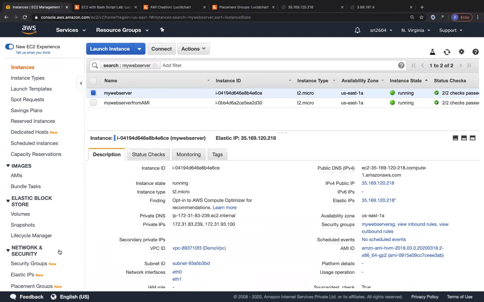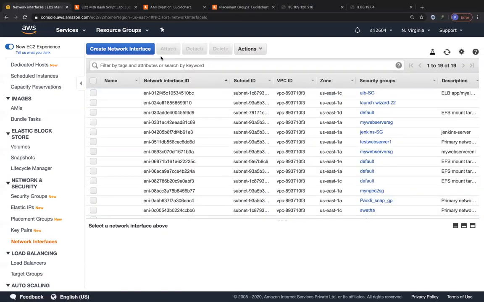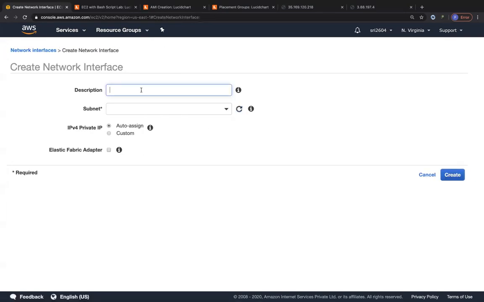Some more things regarding the ENI. We created our ENI and gave it a private IP from that availability zone, and all these things are fine. What would happen if we created an ENI in another availability zone and associated it with an EC2 instance in another availability zone? Would that be possible? Let's try it out. We'll create a network interface.